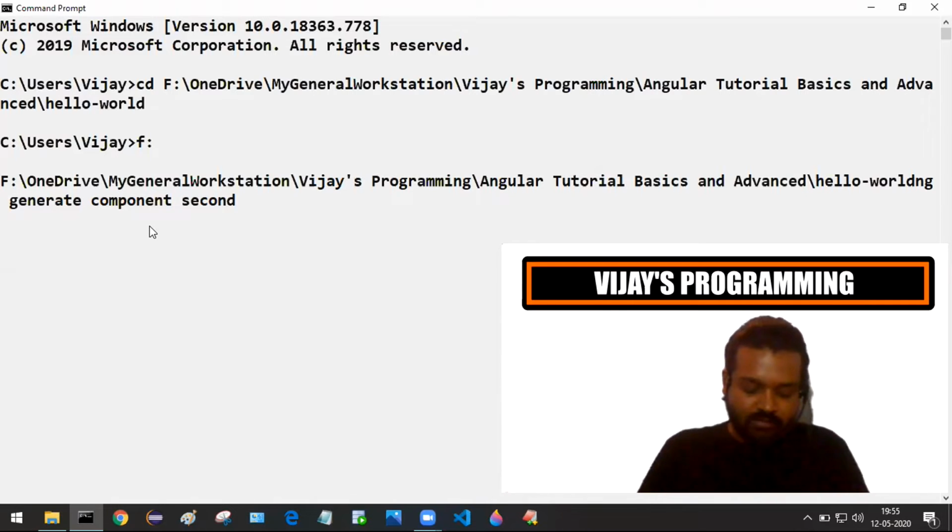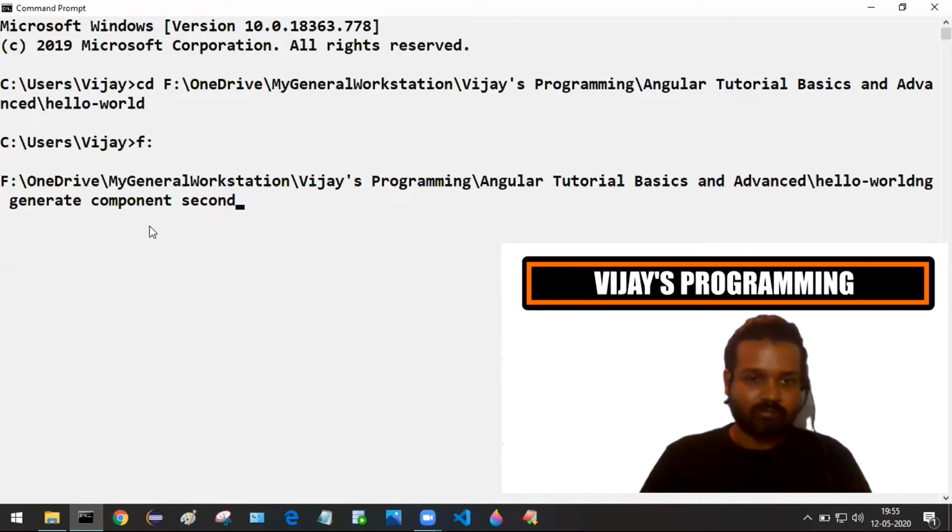If I just trigger this command as entered, Angular will create totally 4 files. The first one is the style file, second is the template file, third is the test file, and fourth is the component file.